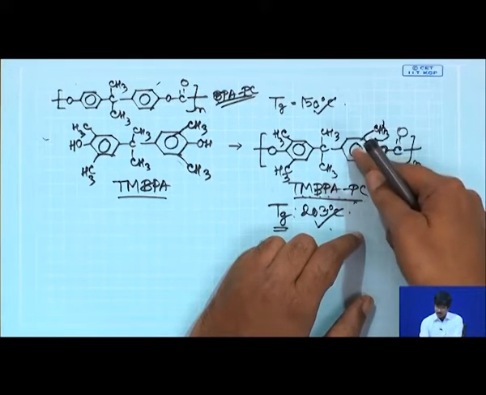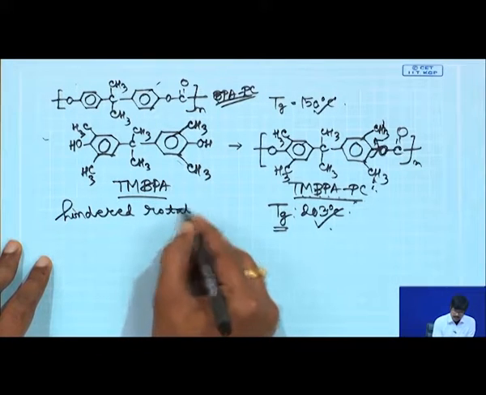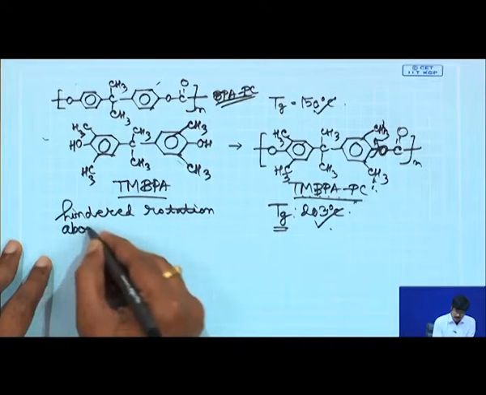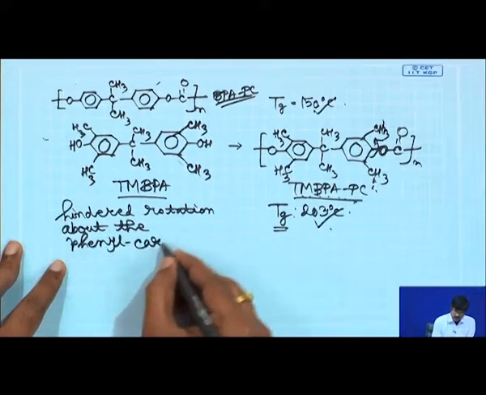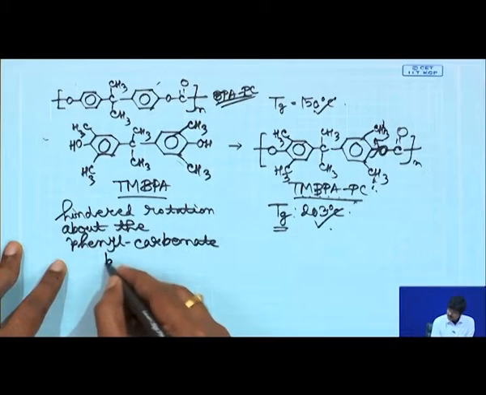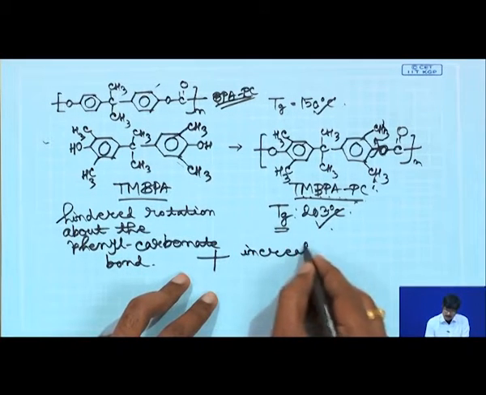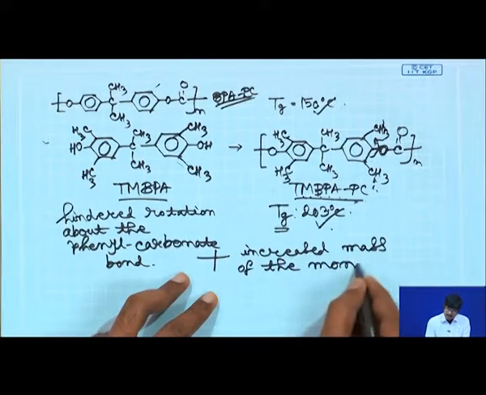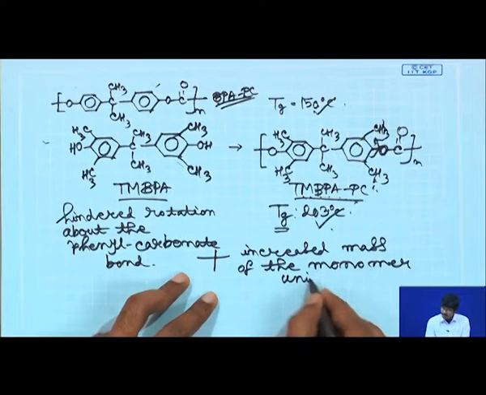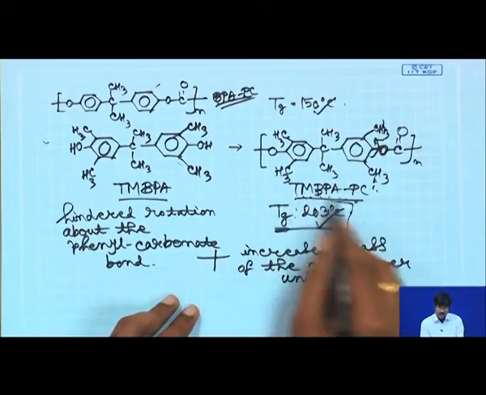So, you will basically have a hindered rotation about the phenyl carbonate bond, plus you will have an increased mass of the monomer unit. So, these two things will combine to ensure that your polymer will have higher Tg,